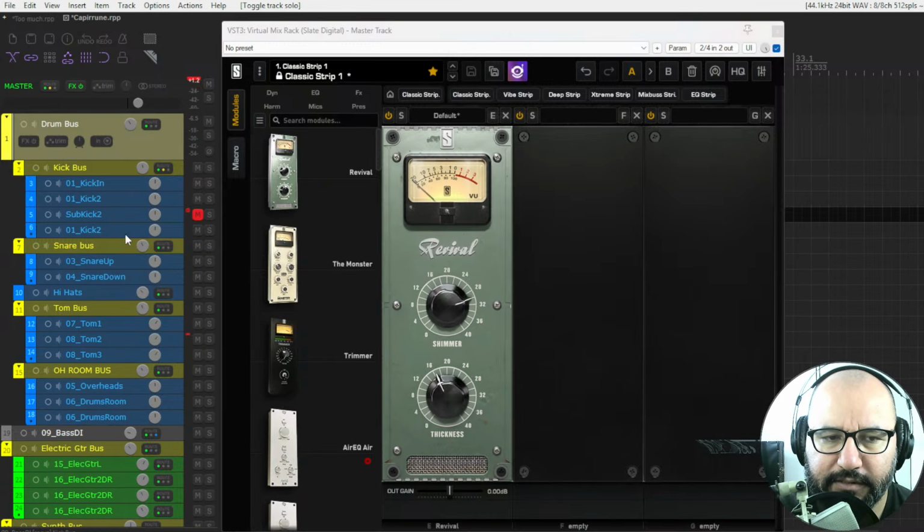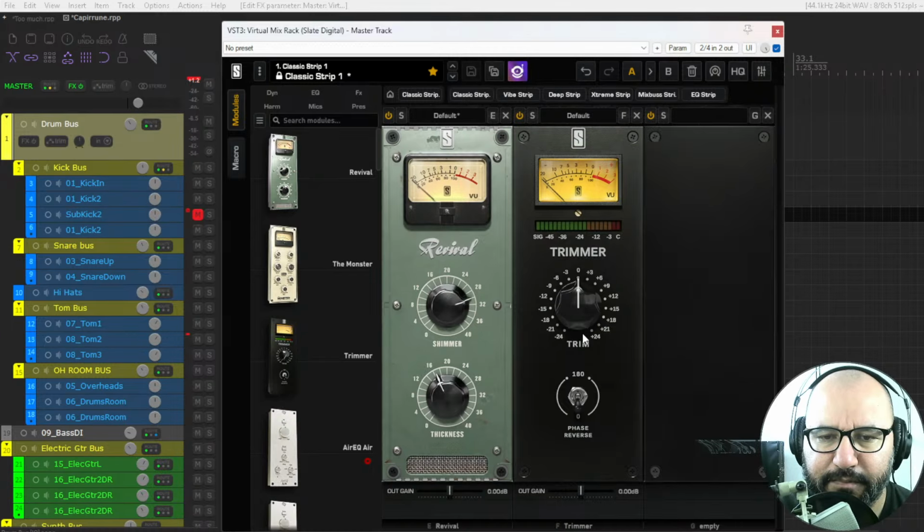Okay, and sometimes things get louder when using plugins, right? That's where the other plugin, the Trimmer, comes into place. This is the last plugin out of the three, the Trimmer, right? It's simply to increase or reduce the gain of any given audio signal. Also, you can flip the phase of any audio signal. So for instance, in the full mix,